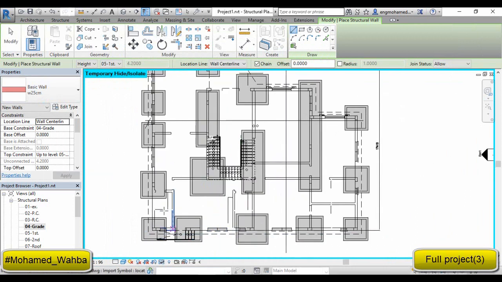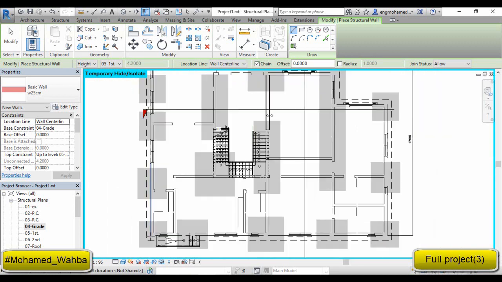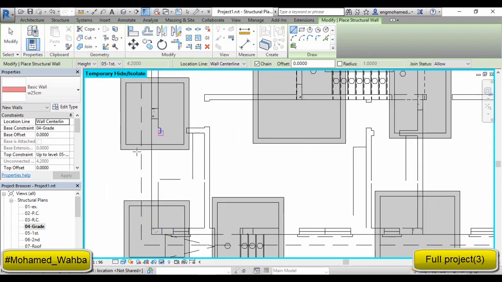the method when we want to draw these walls is somewhat similar to the method when we drew the columns before. For example, I will choose here the purpose of this wall, and we are here on the grade level. So I will choose, for example, the height, and choose the first story. We may check here very important points. So when I want to draw this wall, I want to draw it from, for example, the internal side of this core, or the external side of this wall, or the center line of this core, or if we have any layer